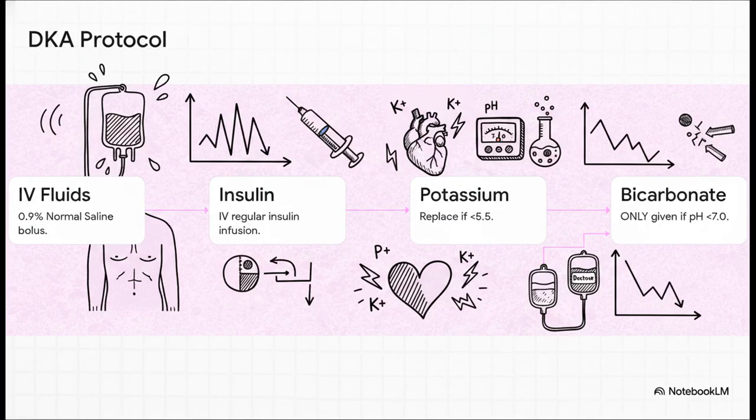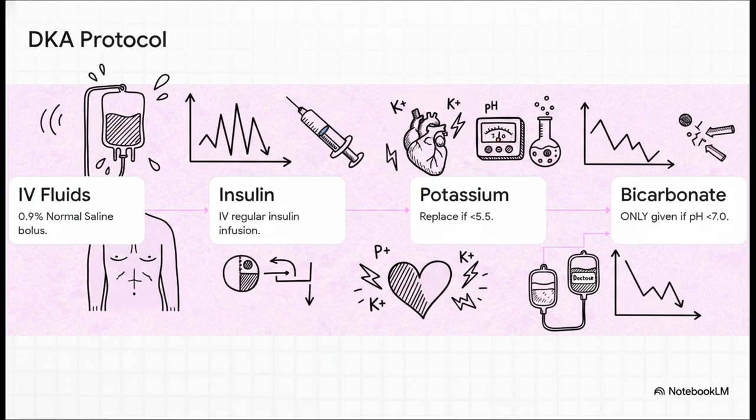When you're treating DKA, you've got to be incredibly systematic. Just follow this strict 4-step protocol. Fluids first, always, to fix the massive deficit. Then start your continuous IV regular insulin, but keep a very close eye on the potassium. Insulin and fluid correction will drive potassium right back into the cells, so you must replace it to avoid deadly